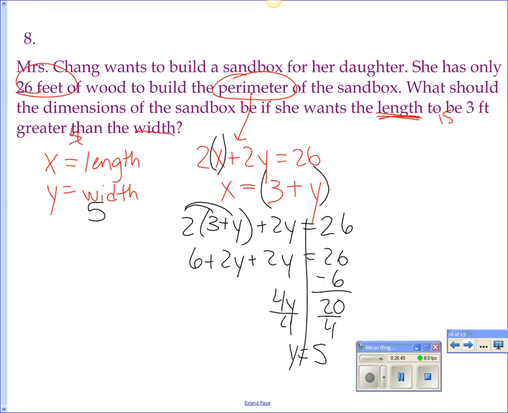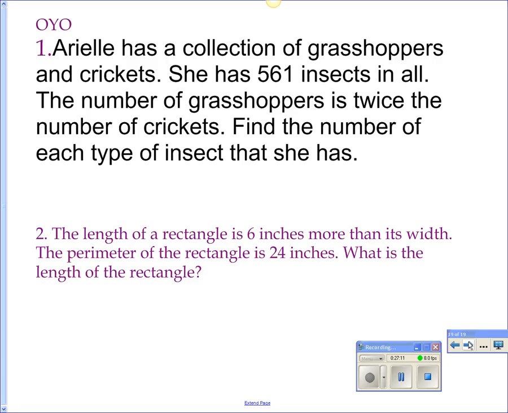And Brandon, which one's the easiest one to plug it into, the top or the bottom? Bottom one's easier. It's got less numbers. You would just do 3 plus 5, which is 8. Okay. Okay. I want you to do